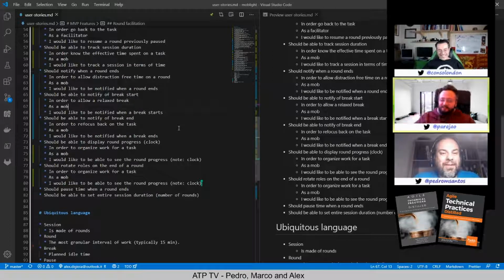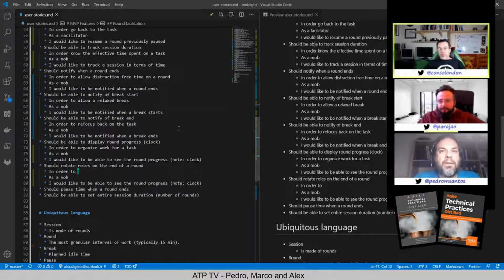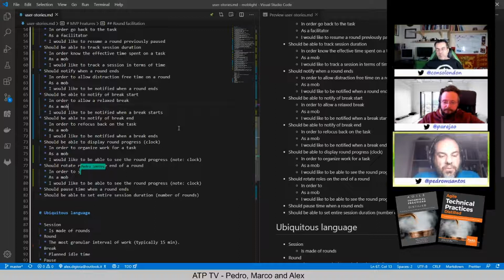Okay. Cool. So, should rotate roles at the end of a round. In order to... We've already discussed why we want to rotate. Yeah, in order to switch roles quickly. In order to switch... Oh, okay. Switch roles